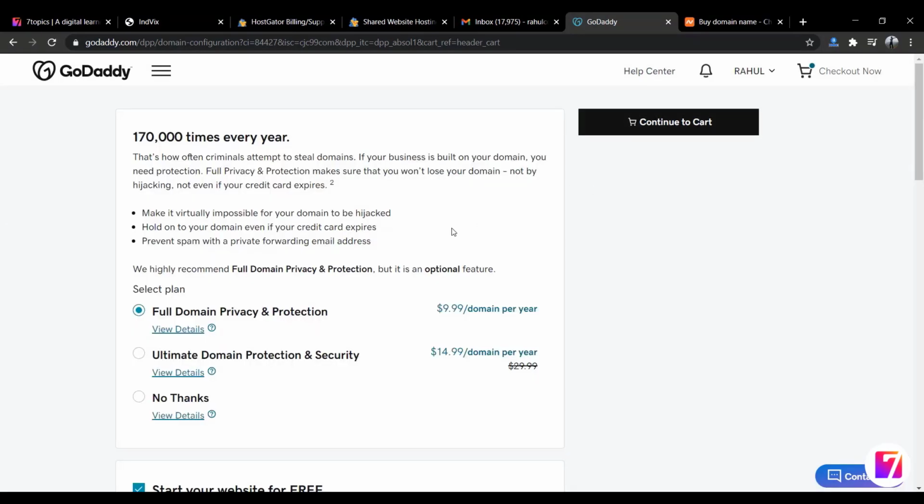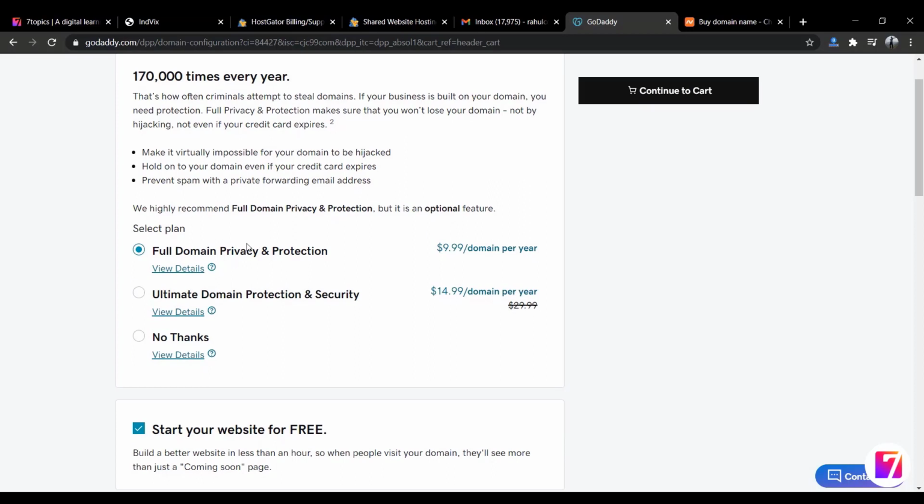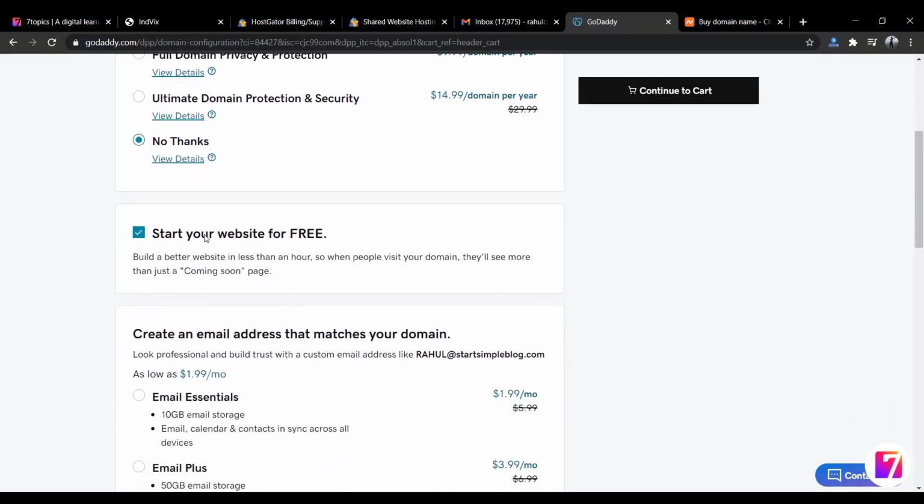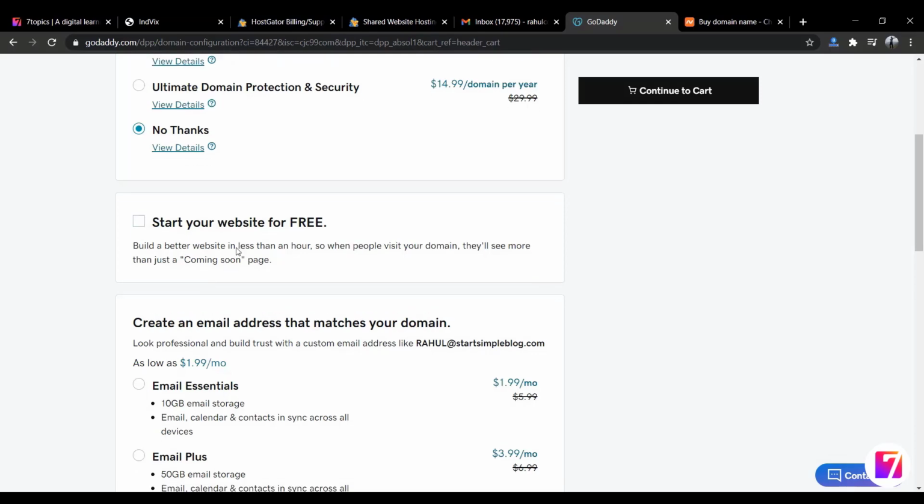Okay, so here if you see, they are also offering this full domain privacy and protection. So we don't need this one. So simply click on no thanks, and then here is start your website for free. They will be giving you a website builder option to create a website. This also we don't need. Still it is free. If you want to use it, you can check this option and use it,